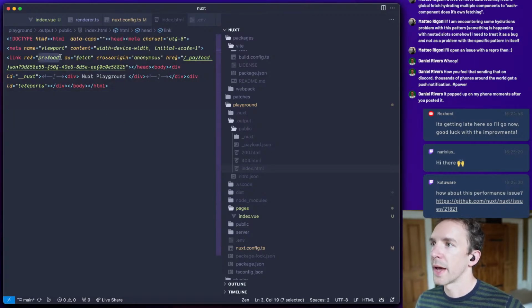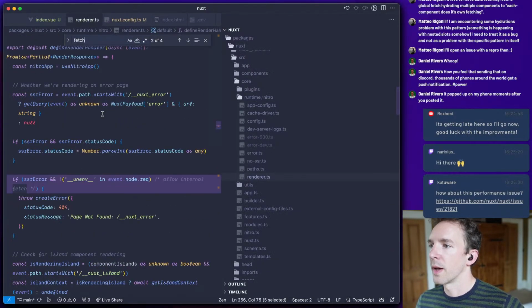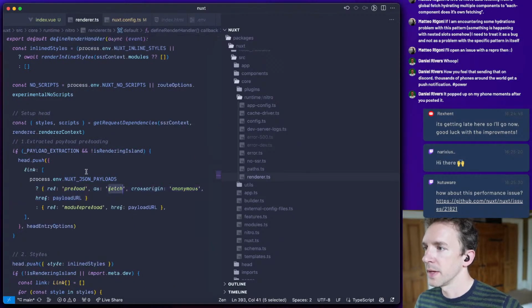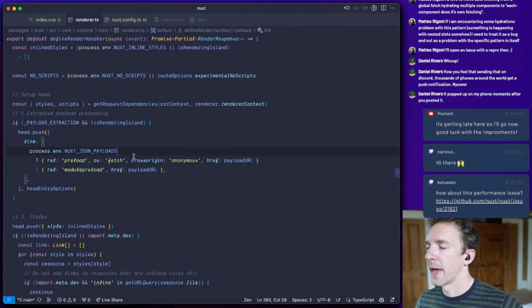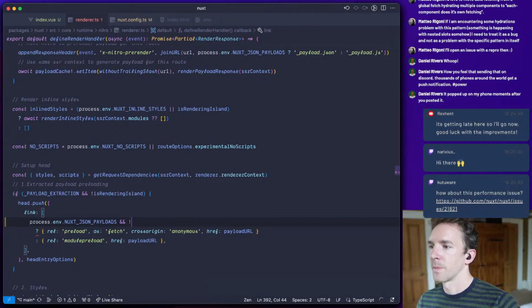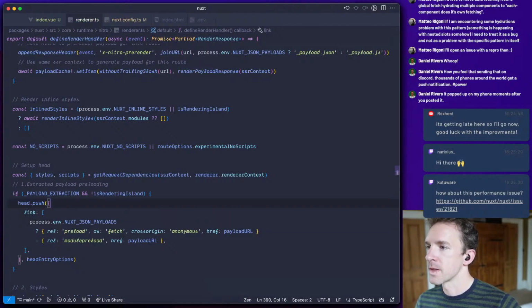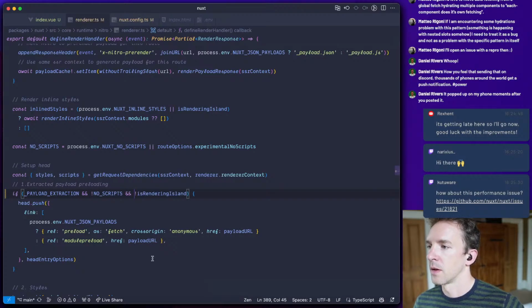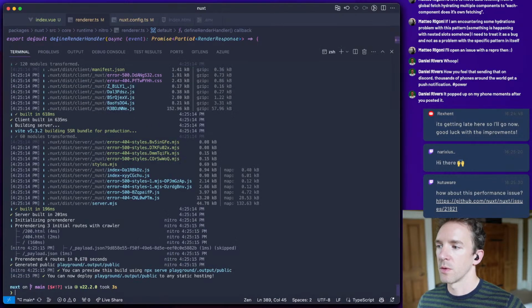So we have this preload as fetch. So we somehow here have this, and we need to confirm that there is no scripts. Great, straightforward. Let's redo it.